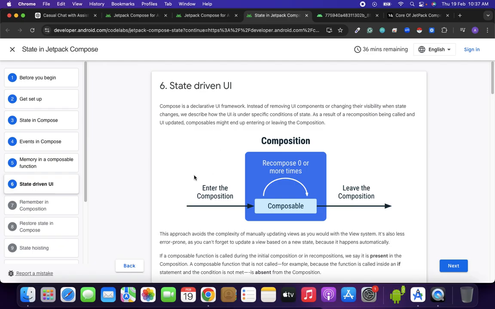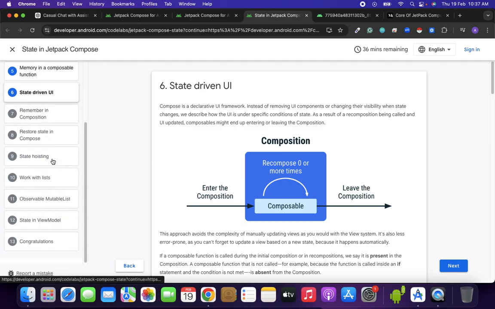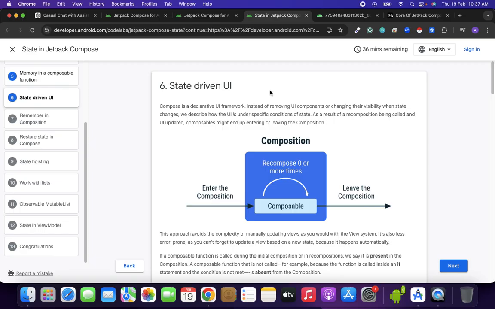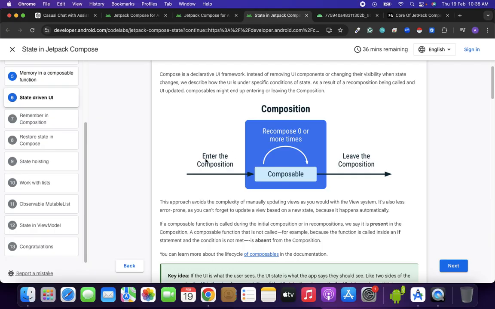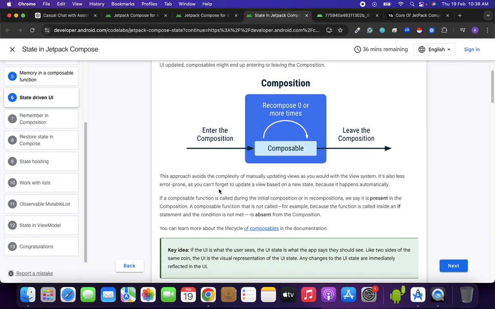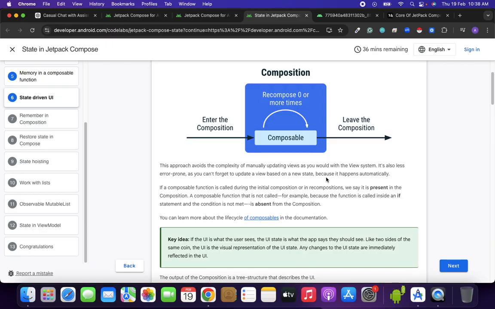Let's learn about how the state changes. Compose is a declarative UI framework. Instead of removing UI components or changing the visibility when the state changes, we describe how the UI is under specific conditions of state. As a result of recomposition being called, an updated UI composable might end up entering or leaving the composition. This approach avoids the complexity